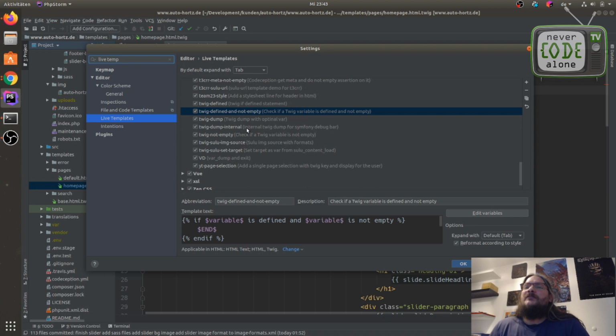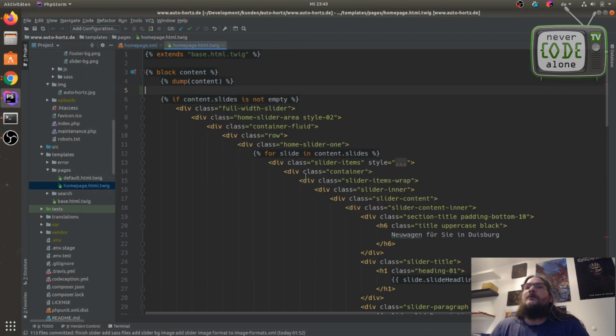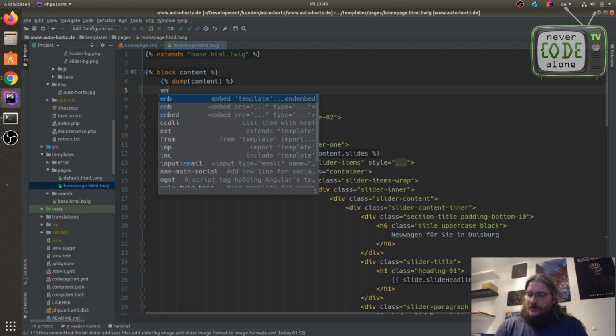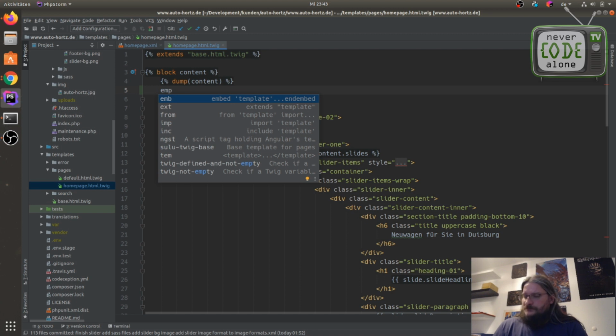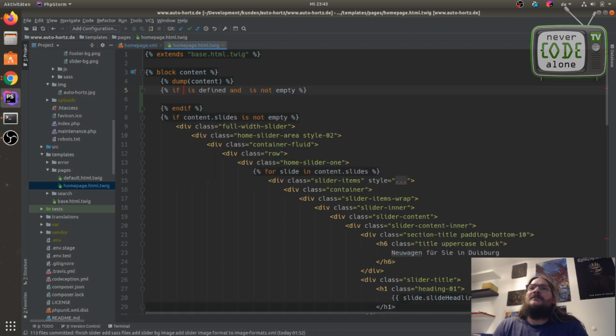So we just have an end here now, and for now this is working much better. Same way, empty, check it out here. Now we can say content dot slides is defined and not empty, and now we have this here with the right endpoint.